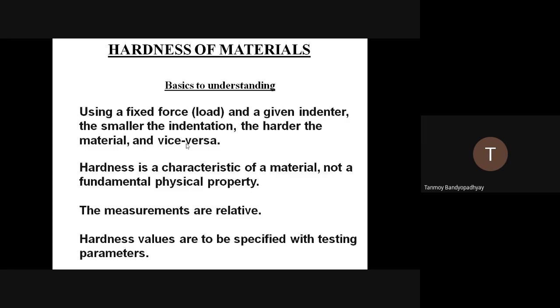So if you want to find out which material has the ability to cut the other material, or which material has a higher indentation strength or a higher cutting strength and all those things, in that case we define the hardness of a material. So hardness is generally measured at the surface of the material. Suppose I take a specimen, say a mild steel specimen, and I say the Young's modulus of this specimen is 210 GPa, which is very basic data for mild steel. So when I say that, it means that on the entire structure or volume of this specimen, at all the points it will have the same value of the Young's modulus.